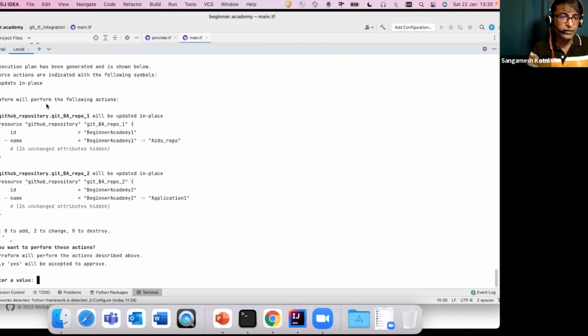So if you see here, Terraform detected that there is a change. GitHub repo 1 will be updated in place. For example, the name is getting changed. This mark means it is getting updated from Beginner Academy 1 to AZDO repo. The second name was Beginner Academy 2 to Application 1. So this is the change. You can see here 0 to add, 0 to destroy, and 2 to change. So let us enter yes